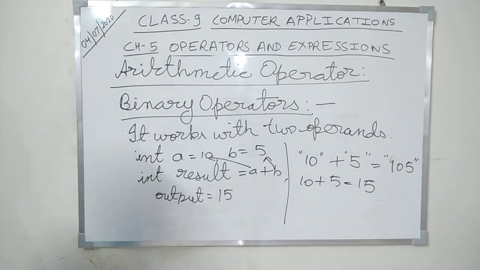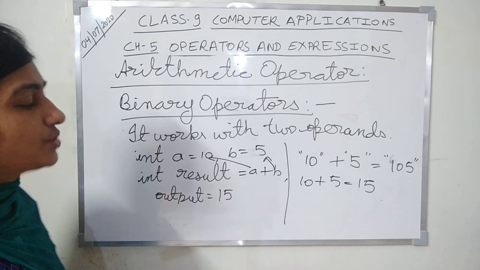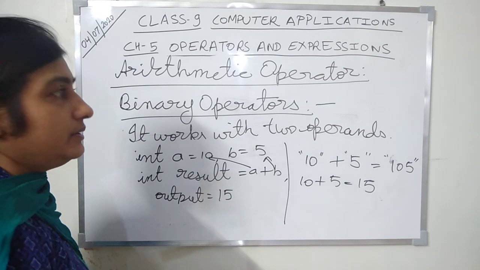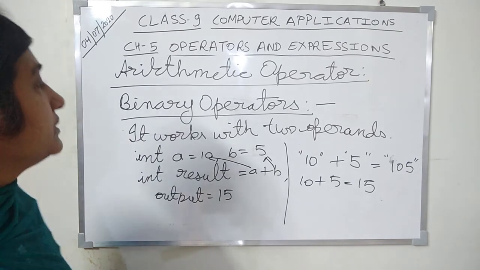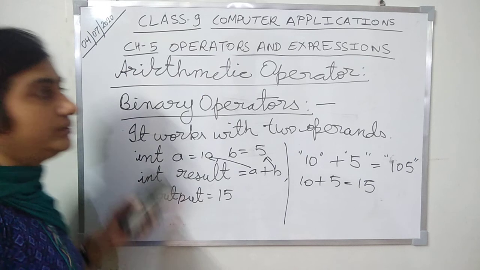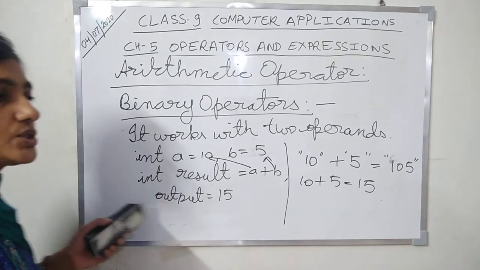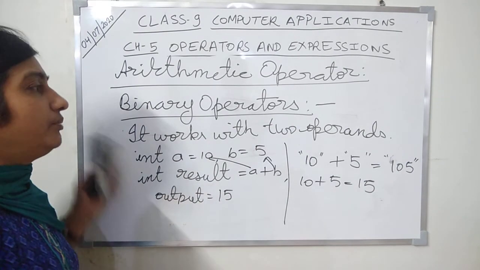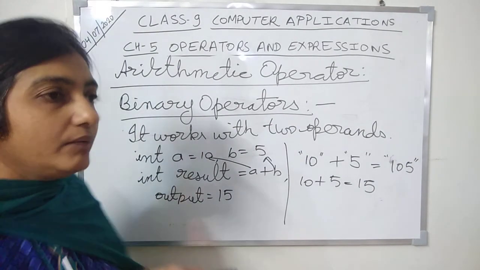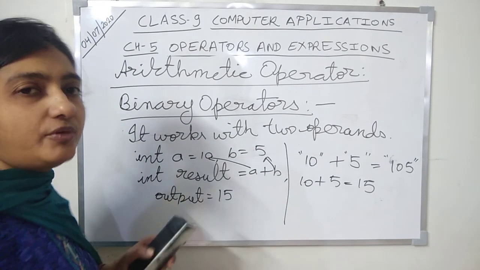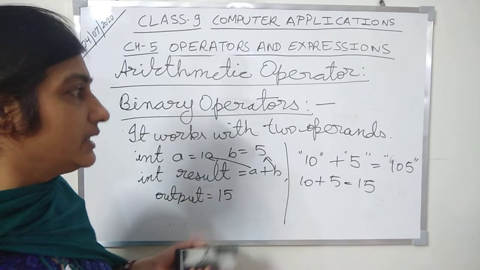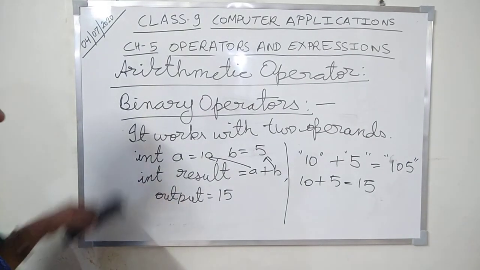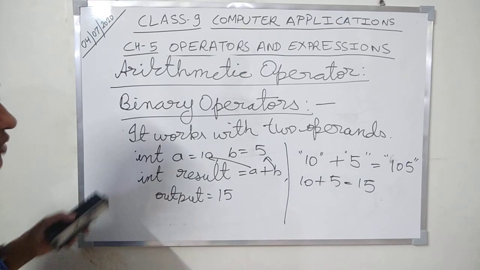Okay. So, in today's class, what I taught you is that there are different types of operators. First one, arithmetic operator, and in today's class we are discussing only the arithmetic operator. First we discussed the unary operators, unary plus and unary minus. Then I discussed the binary operators. Binary operators are five types of operators: plus, minus, multiplication, division and modulus. Now I discussed what happens when we add two strings.